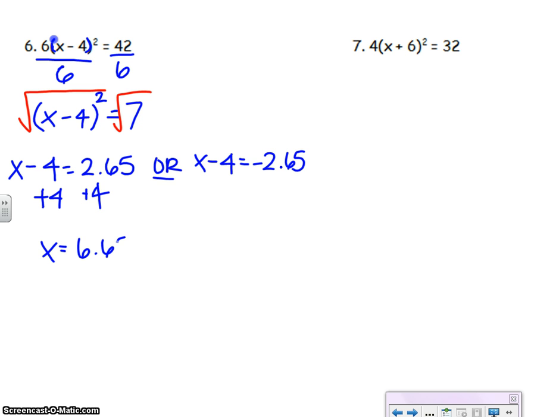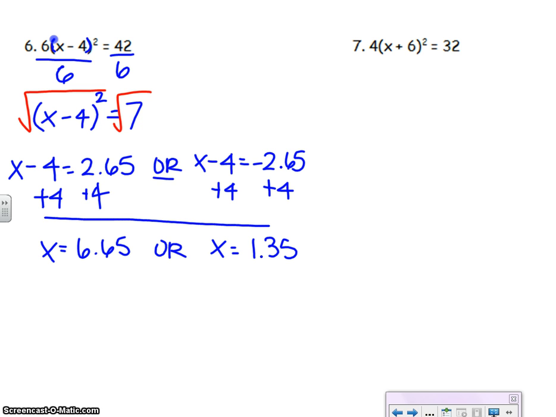We'll have x is equal to positive 6.65, or when we add 4 to negative 2.65, we'll have x is equal to 1.35. So these solutions are different because we don't just have a positive and negative, we have 2 separate answers, okay? Number last, let's go ahead and we see x plus 6, the quantity, is the thing that's being squared,